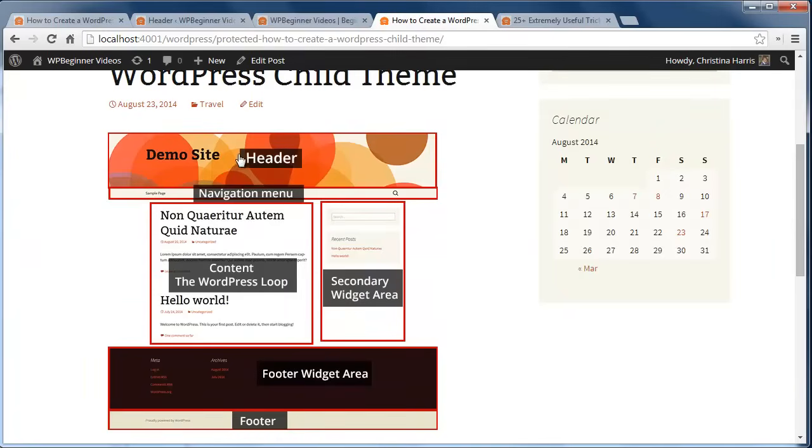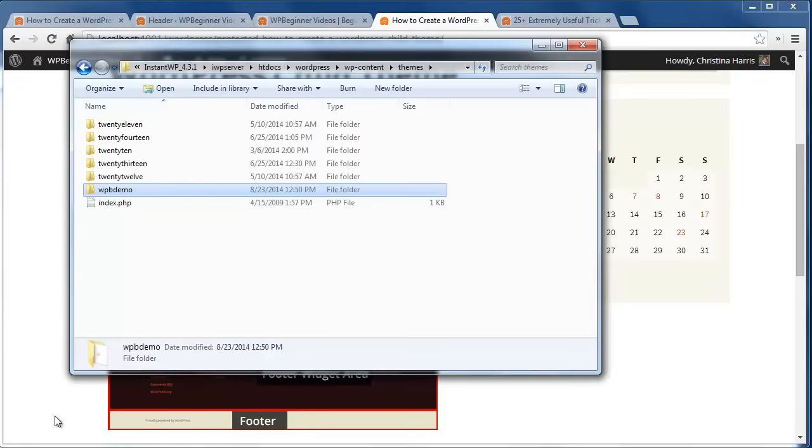Next, we're going to look at how a page is set up. You see this is one page, but on the back end, there are several different template files being used that make up this whole page. We have a header template, content, widget area, footer area, and more. If I want to change the footer area and remove the Powered by WordPress, then I'll need to deal with